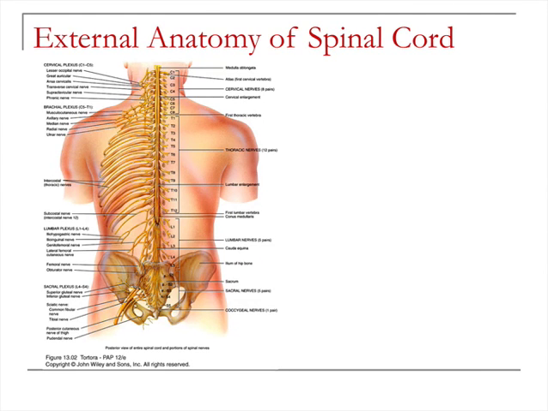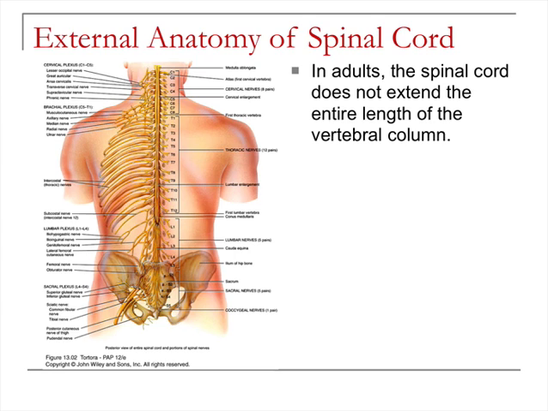Let's take a look at the external anatomy of the spinal cord. In adults, the spinal cord does not extend the entire length of the vertebral column. During early childhood, both the spinal cord and the vertebral column grow longer as part of the overall body length. But at about age 4 or 5, the growth of the vertebral column continues while the spinal cord stops growing